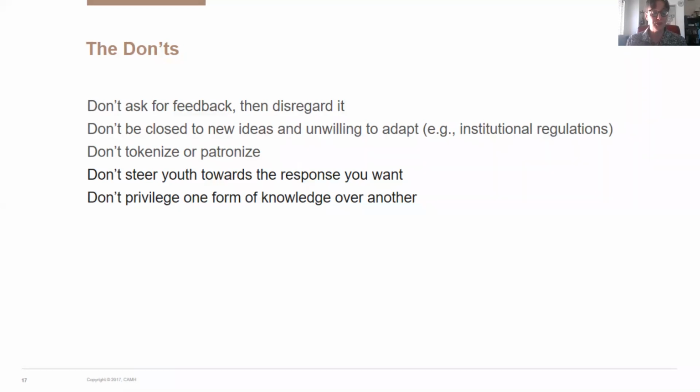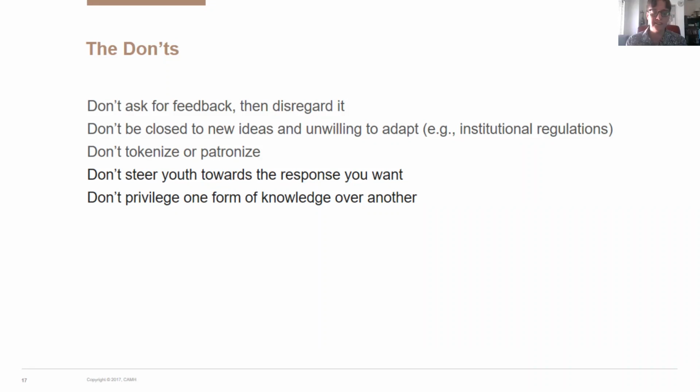Sometimes the youth might suggest something that you can't do. Sometimes we have to say no, but we still make sure we explain to them why. We might have REB requirements and such, and we can't do the thing, but there might be some compromise between what it is they're suggesting and what we're able to do institutionally. And sometimes you need to take the institution on. There might be a rule that you can't do this thing, but you know that from the youth perspective, it's really important and you work with it.